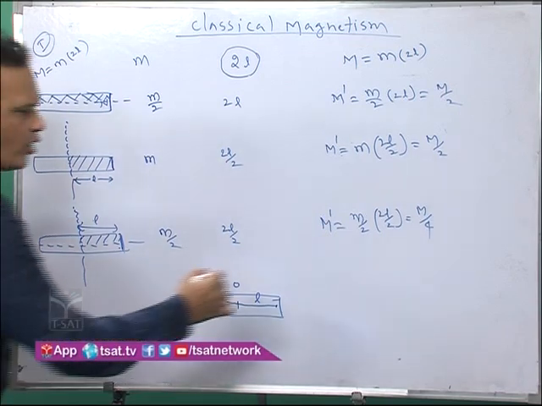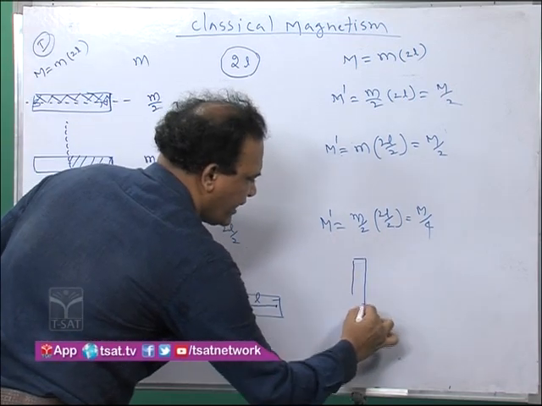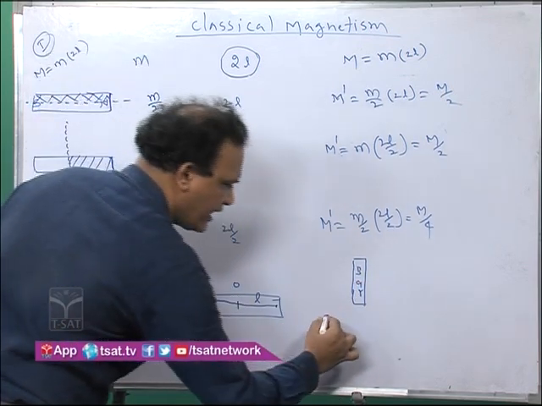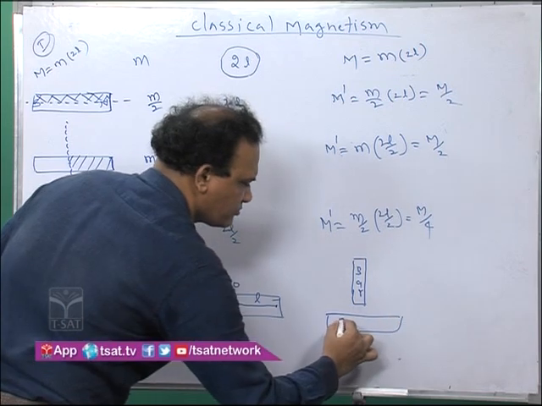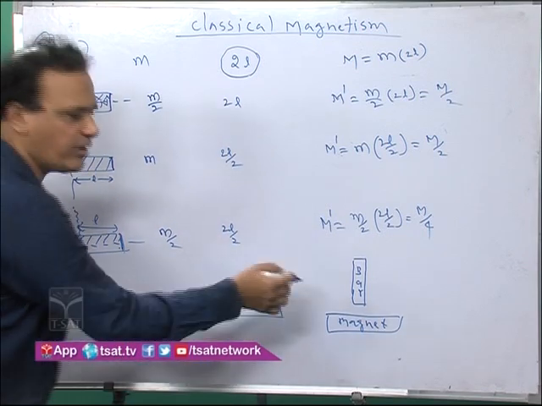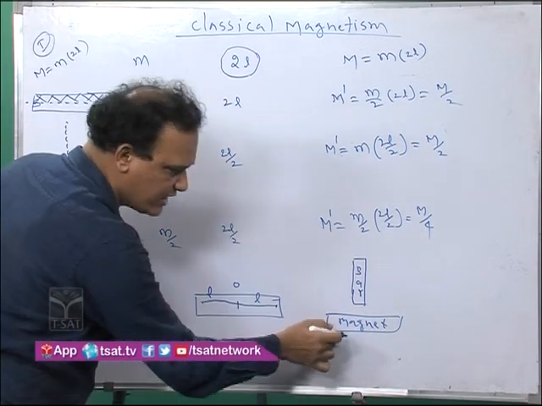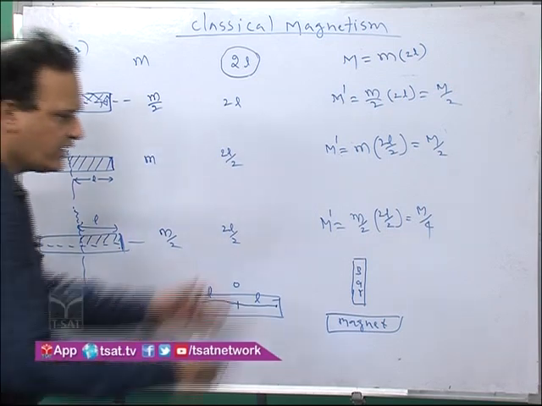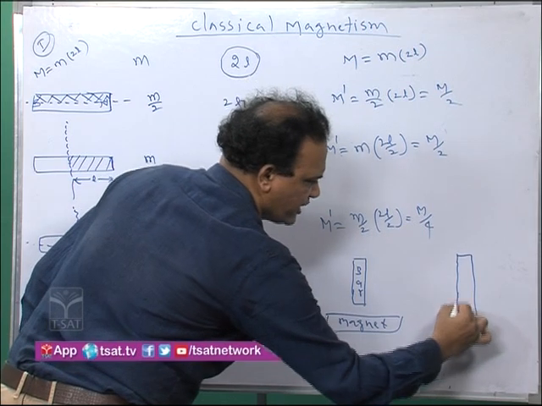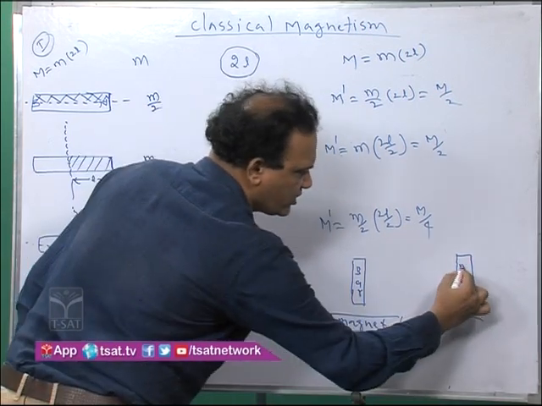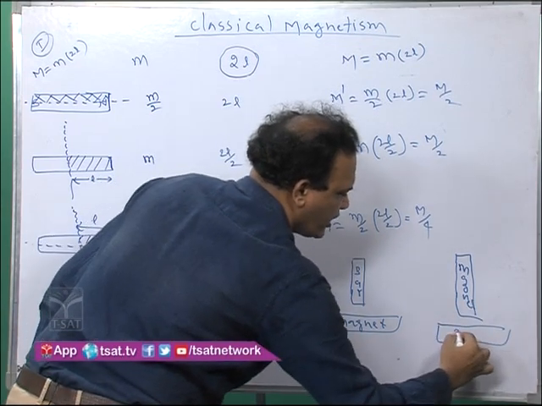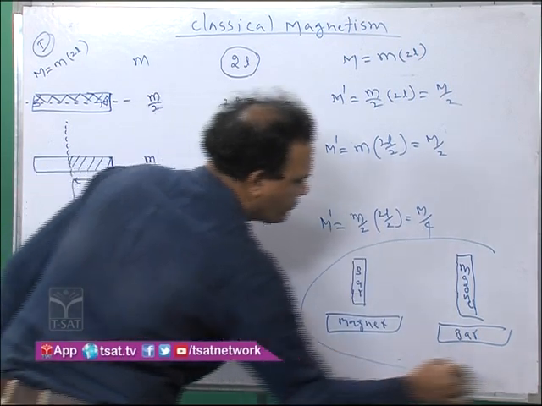Let us take a bar. Asking one question: let us take one which is a bar, so it is not a magnet, and another one which is a magnet. If it is placed like this, then what happens? Does it attract, repel, or stay in the same position? Suppose the same two bars are reversed, that means instead of a bar here, you take a magnet, and another one is a bar. Then what happens? What did you observe from this experiment?